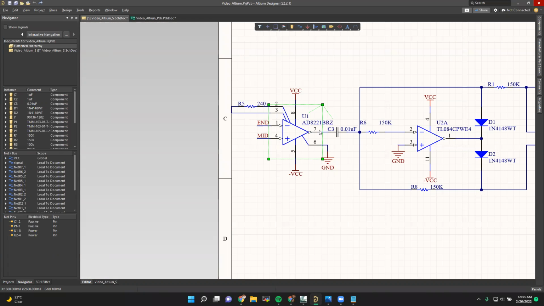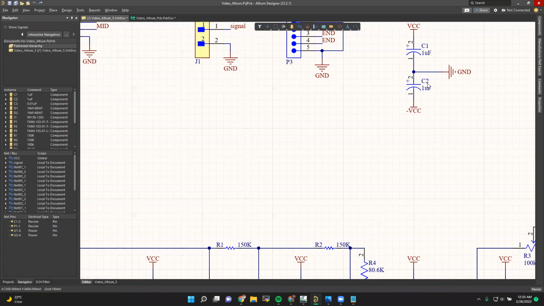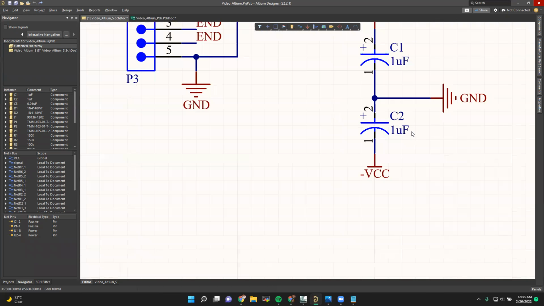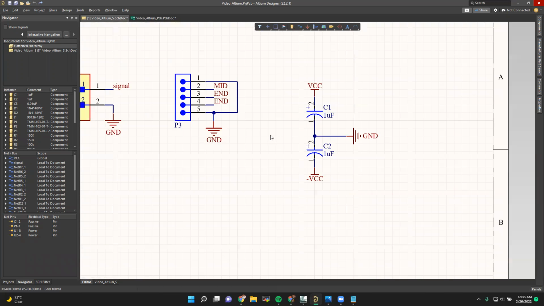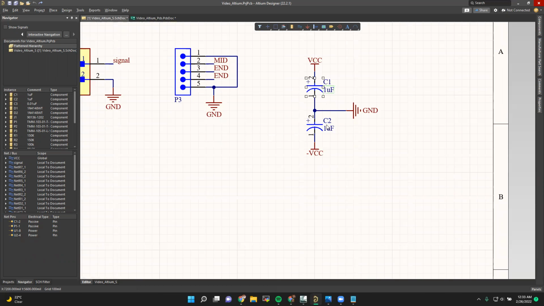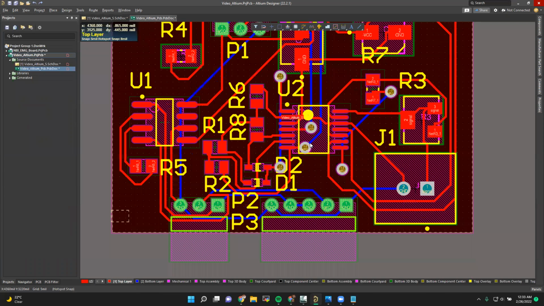So this is like an IC. Doesn't matter what it is. It's an IC. And up here, we have decoupling capacitors. These decoupling capacitors are used for the power supplies. They are going to help remove noise going into the power supply of the IC. So this is C1 and C2. So if we go back to the design, we can see for C1 and C2